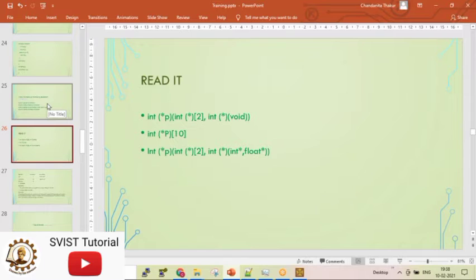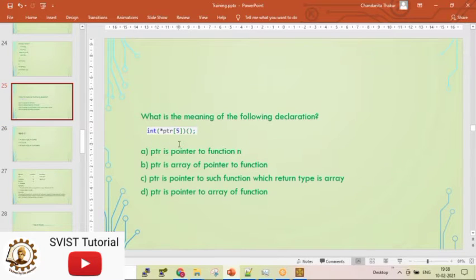Ma'am, in the first page it was array of pointer, inside the first bracket. And there is another bracket for function. So, ma'am, this array of pointer is pointing to a function. Okay, very good. I won't tell now whether your answer is correct or not. Let others also think. All of your friends should think, and we'll come to a conclusion tomorrow.